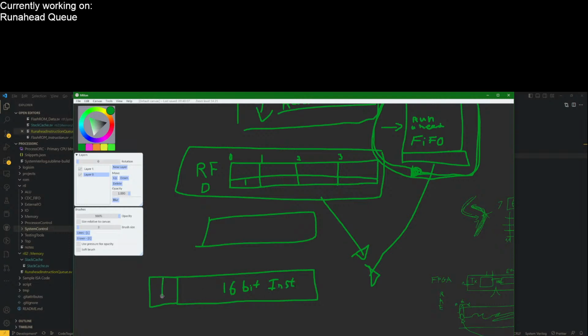And then right here, I'm going to have an A bit and a B bit. And these are just going to say whether, and this is just going to go in. So whenever you have a write into this structure here, it's essentially going to broadcast, similar to the way that Tomasulo's does, or out of order machines go. Normal stuff. It's just going to check whether or not the registers written here